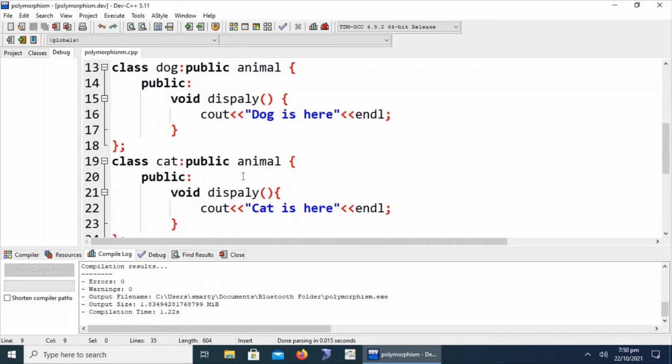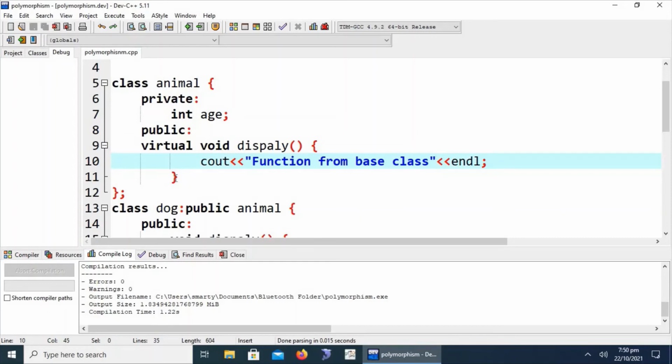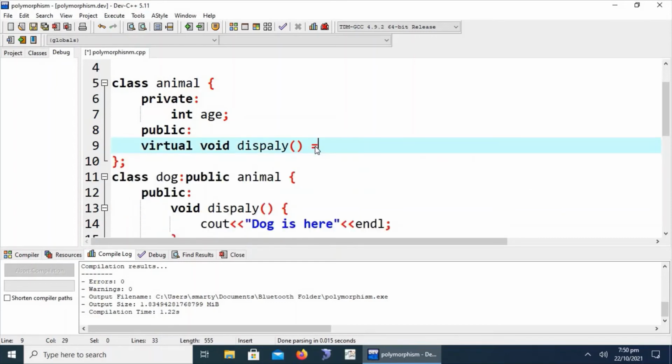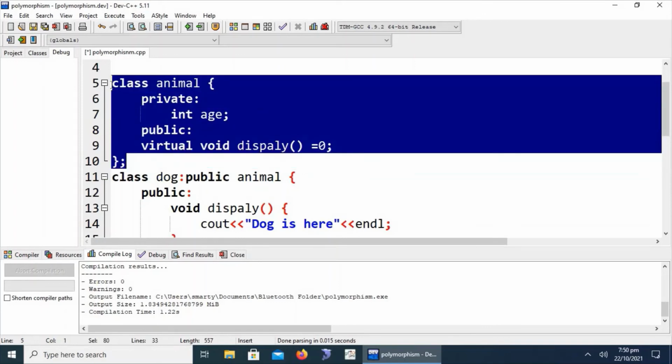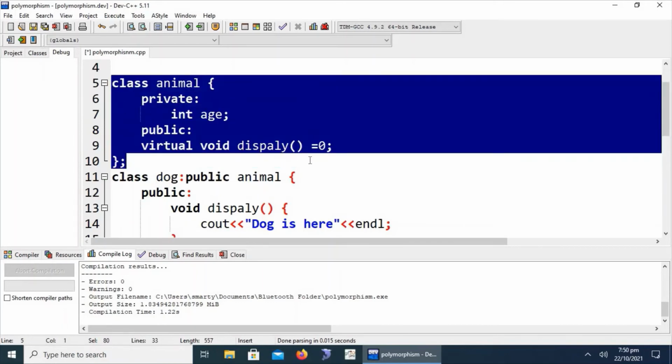Now we are going to discuss the difference between virtual and pure virtual function. The difference between virtual and pure virtual function is that here we assign 0 to the virtual function at the declaration. Multiple major differences exist between virtual and pure virtual function. This class is now called an abstract class. An abstract class is a special type of class whose object cannot be created. We can only create pointers from the abstract class.